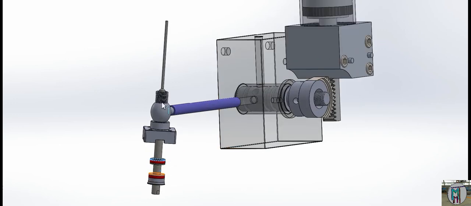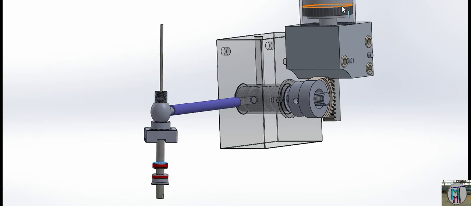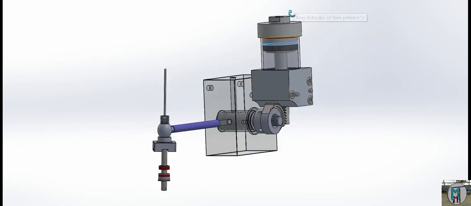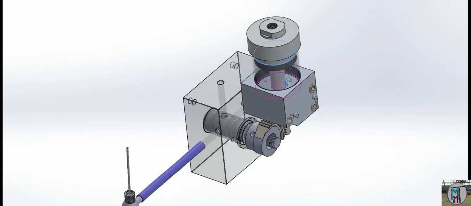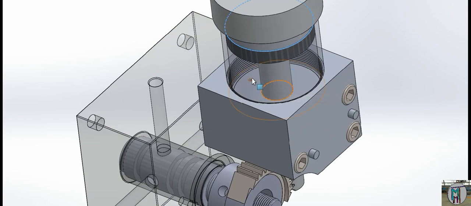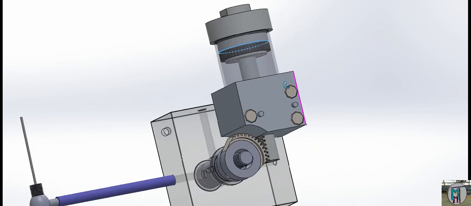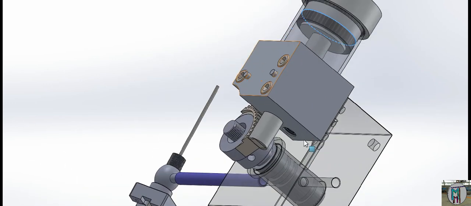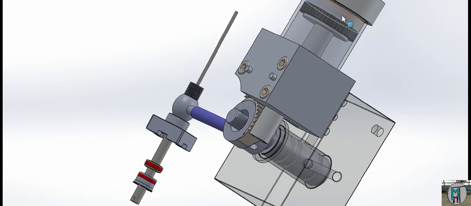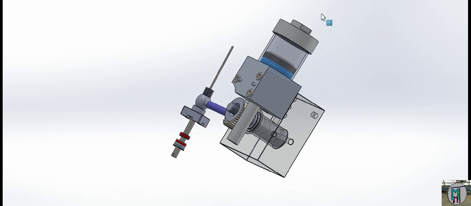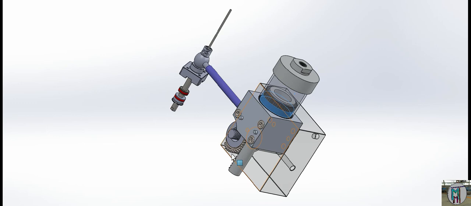The pneumatic cylinder, pneumatic based. When we get the pressure, it builds here and it goes up and down, and also here the same. One pressure will come from the upside, and one pressure we get at this hole. When pressure comes here, it will go up. When pressure comes from the other end, it will go downside.